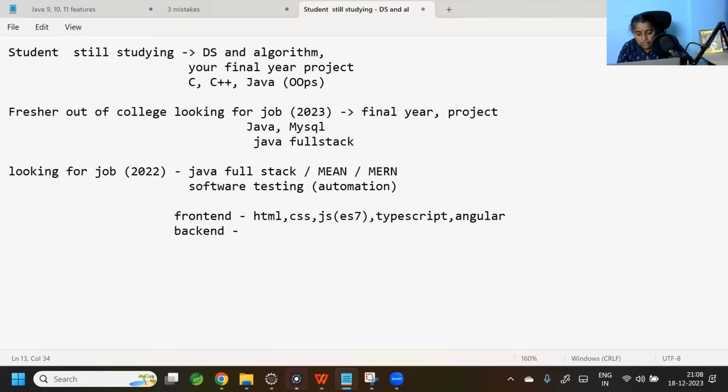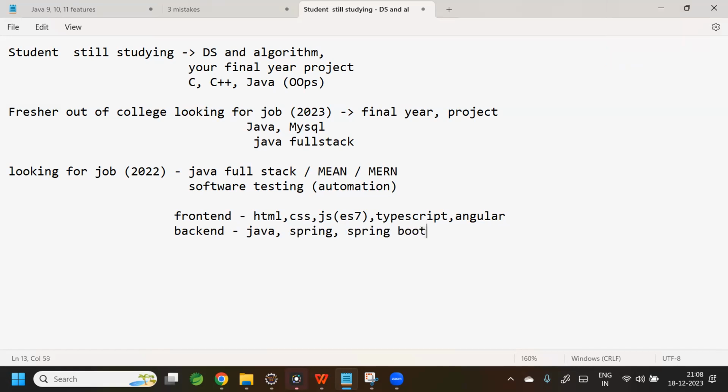In backend, what you need to know is Java properly. You have to be a pro in Java 8. Nobody asks for Java 17, but you have to be very good in Java 8, the version most companies are using. Then Spring, then Spring Boot, and Hibernate. Spring Boot and Hibernate come together, my dear guys. So when I am teaching, I'll be teaching Spring Boot and Hibernate, then JUnit for